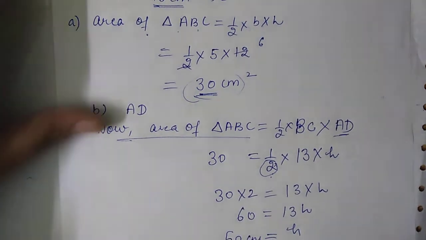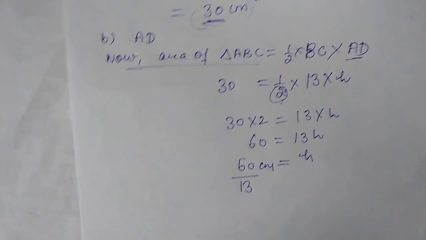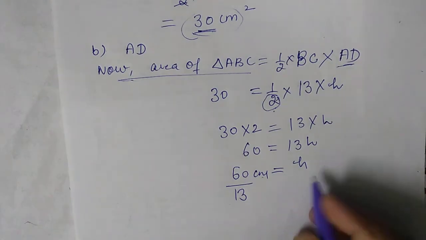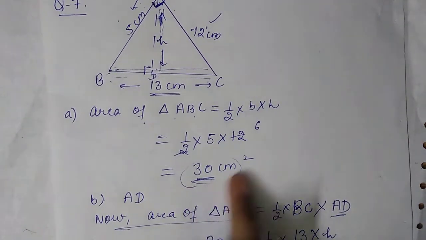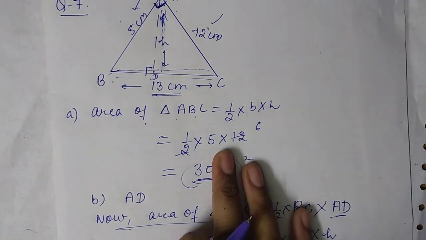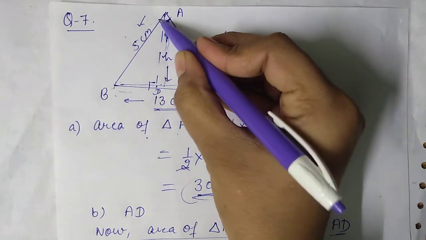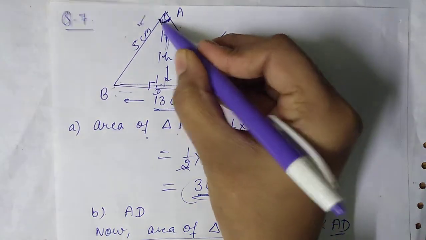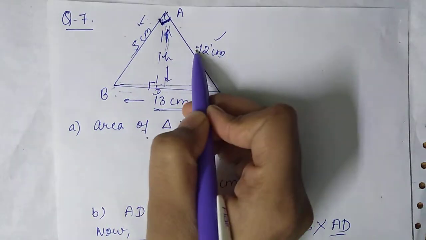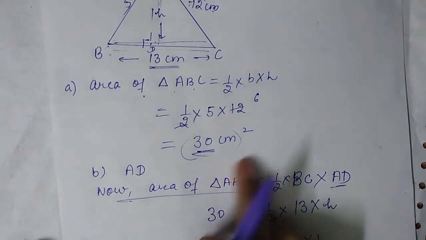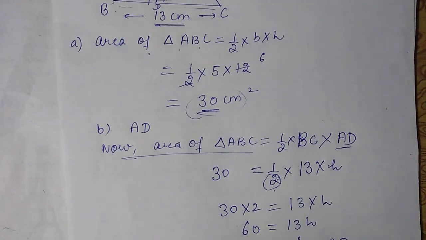You can divide them, you will get the answer in decimal also. So in this case you have to find H, that is AD. In the first case you have to find area of triangle ABC, where here also I have applied half into base into height. In this case the vertex has 90 degrees, so half into base into height, any one of them will be the base or height. Then I will use this relation, so I will get the length of AD.